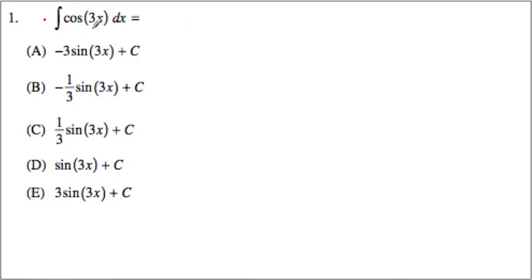Yes, we have to use the idea of inverse chain rule, reverse chain rule, or we can simply use the u substitution. So let's have u as the 3x. Then we get to realize that du will be equal to 3 dx. Now here we only have dx, so we can divide by 3, then you will realize that in place of dx we can put du over 3. So this now becomes